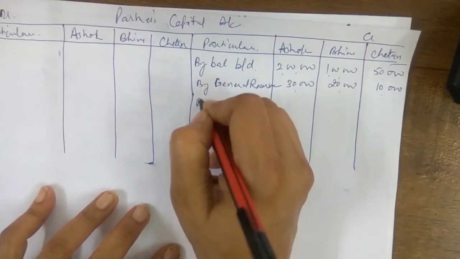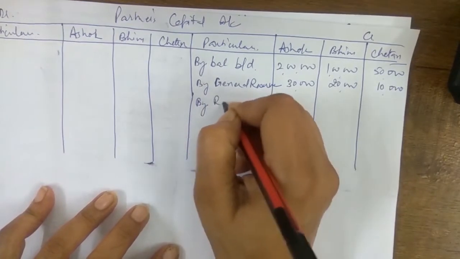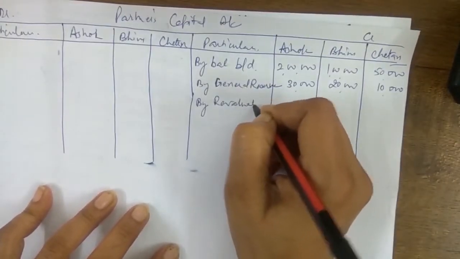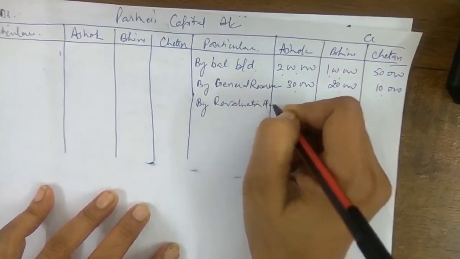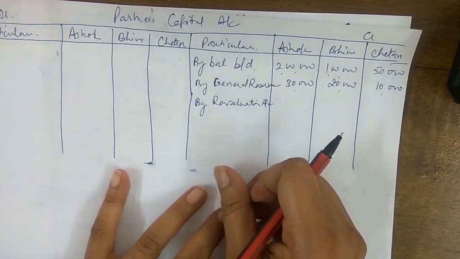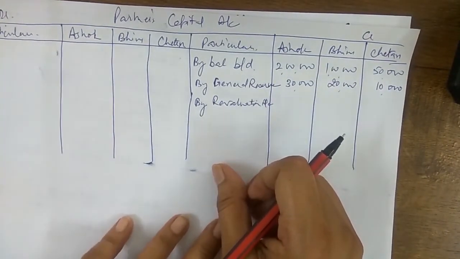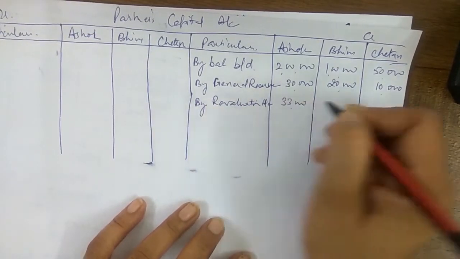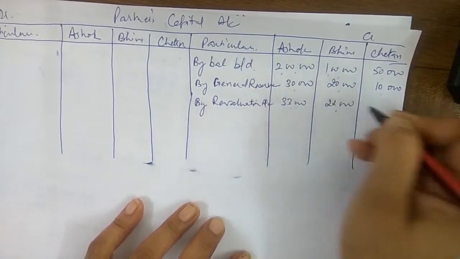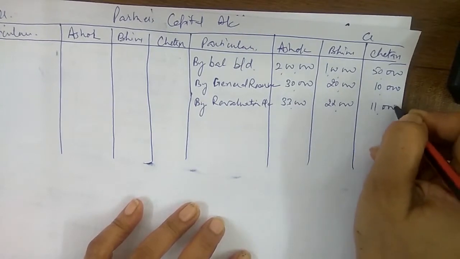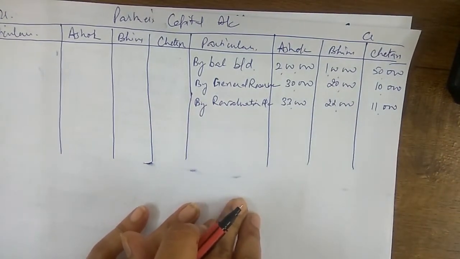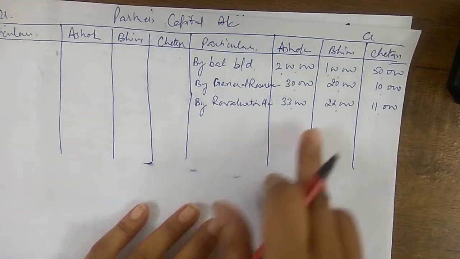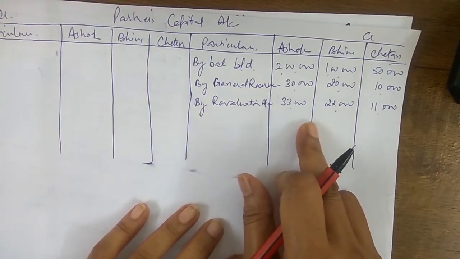Then we will show whatever results we have in the form of revaluation account. In this question we have solved that it is a profit on revaluation account. What amount of profit we have calculated just now, bache? 33,000, 22,000 and 11,000. So this is the value of revaluation result, that is a profit. If it is profit, it will be put on credit side.